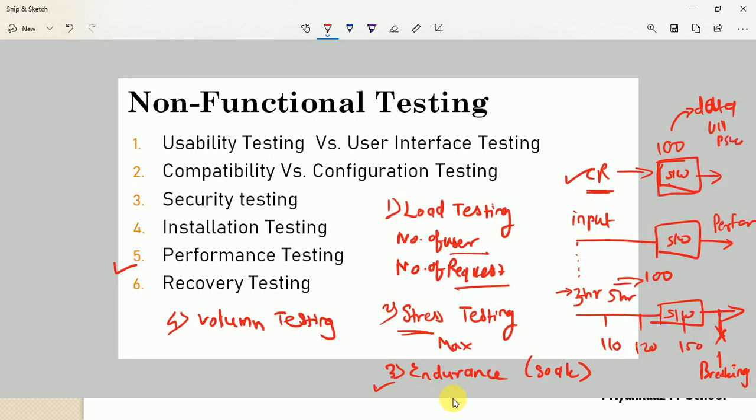Whenever we test a software application for such a large amount of data, depending on the client requirement, that data volume testing is important. So volume testing is all about verifying software application performance for a large amount of data.